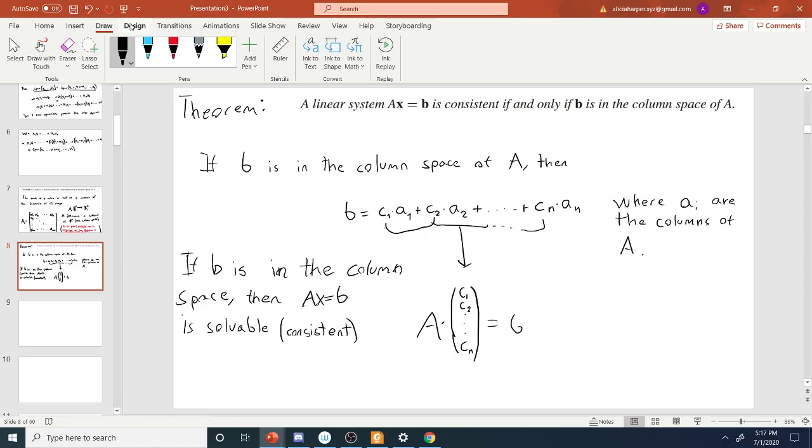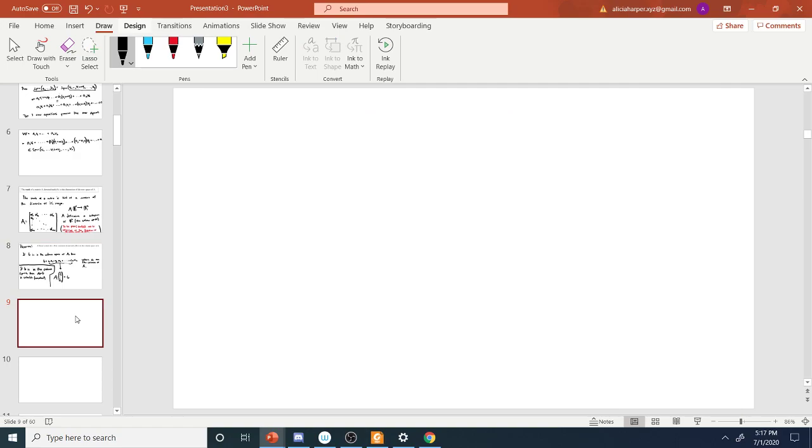Now, that handles one direction. For the other direction, suppose AX equals B is consistent, which again really means the same thing as solvable, in which case we have a vector x1, x2, all the way down to xn,